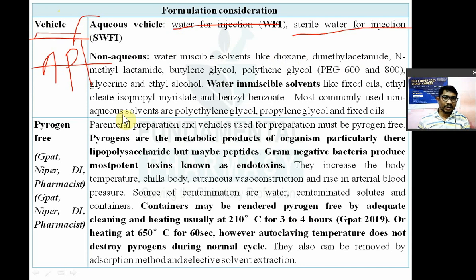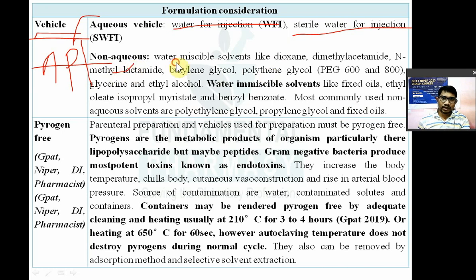These are bacteriostatic water for injection. They are not used as a vehicle, but water for injection and sterile water for injection are used as a vehicle. For non-aqueous vehicles, meaning if the drug is not dissolved in water, for that non-aqueous vehicles